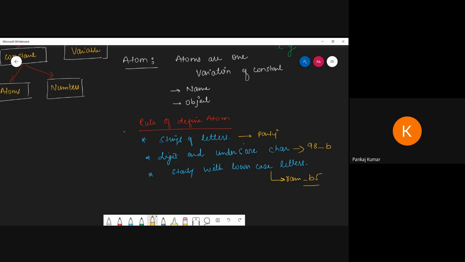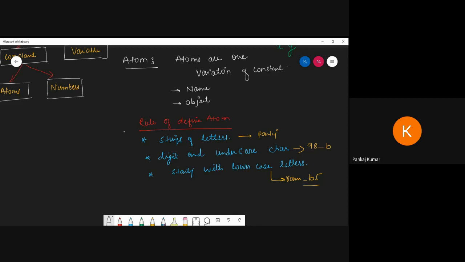As you know, a string of characters will be closed by single quotes. That is important for you. Now talking about number. As you know, another variation of constant is the number, where we can define an integer, minus, plus, within a range, all the things like a simple object.